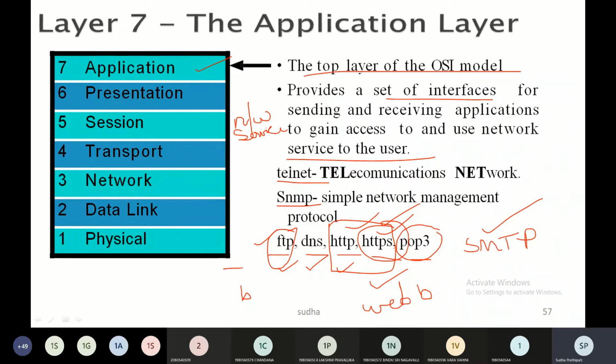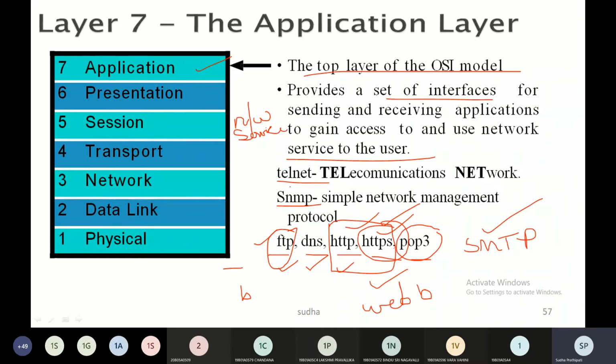Telnet is a network virtual terminal, a software version of the physical terminal, which allows a user to log on to a remote host. Say I have a system in some other geographical location and I want to access it. Telnet will help you do that. Another service is file transfer, access, and management.